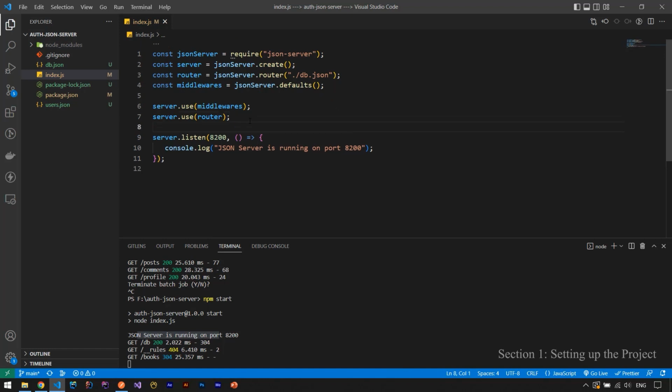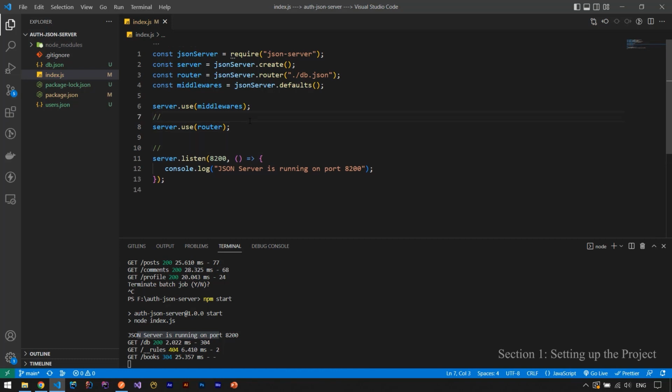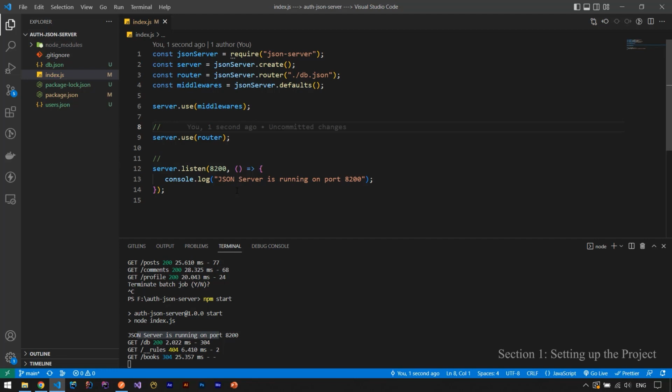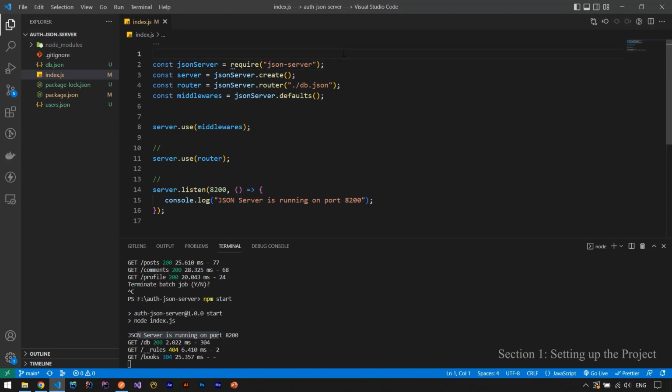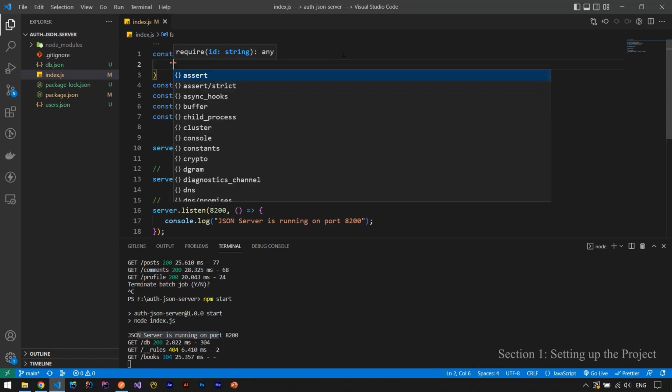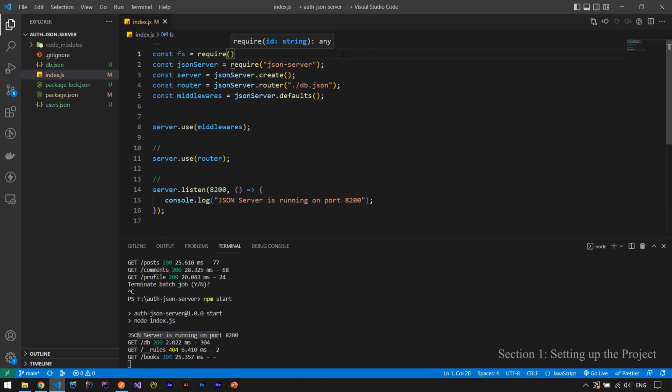Let's clean up my code. Okay, that's much better. Now we need to see the users, and because we need the file system module, let's add the file system module here. const fs = require('fs'),